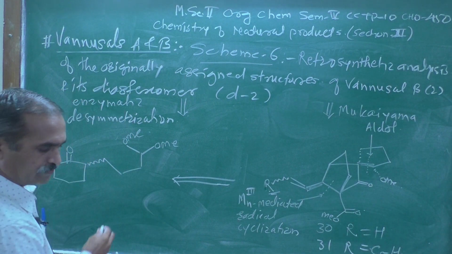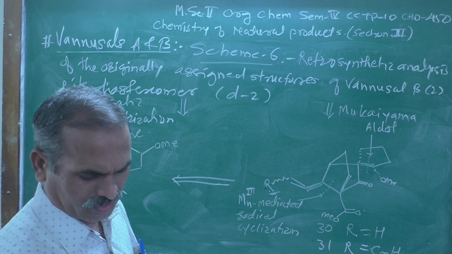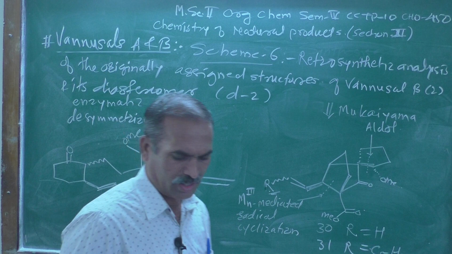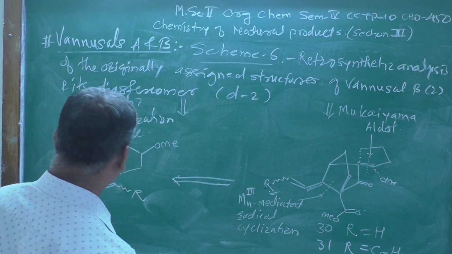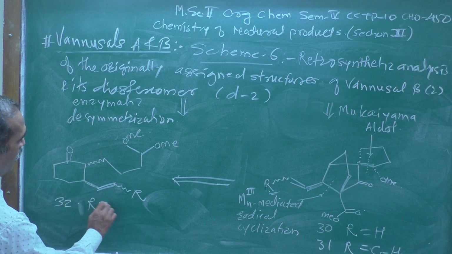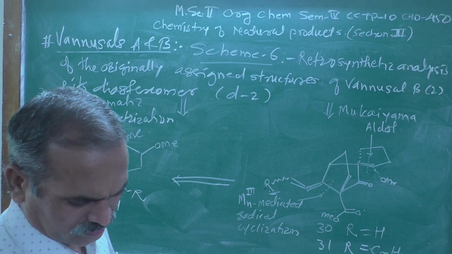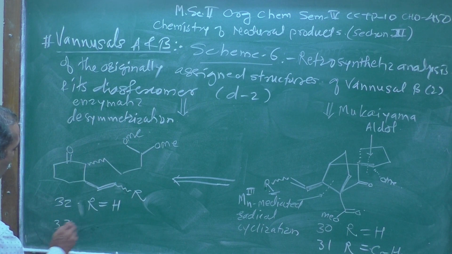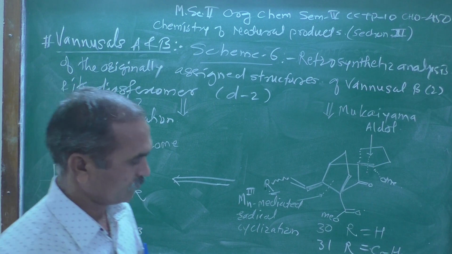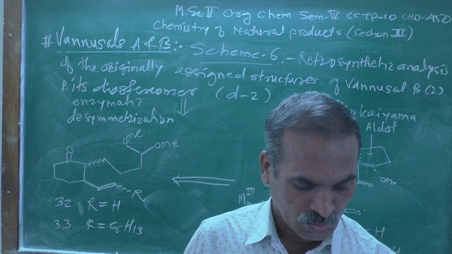On the other side is a double bond, and here again a staggered bond over here like this, and this is structure number 32 when R is equal to H, and this is structure number 33 when R is equal to C6H13. So this is the whole